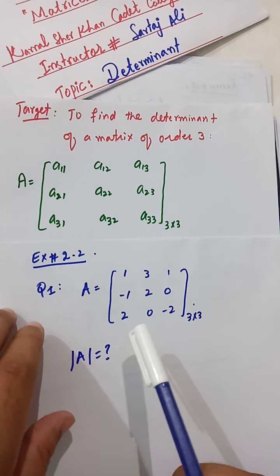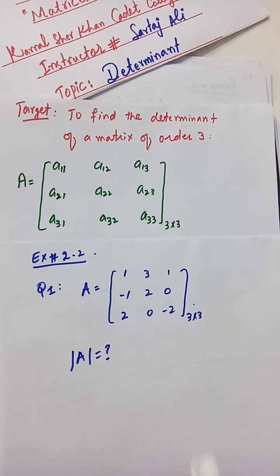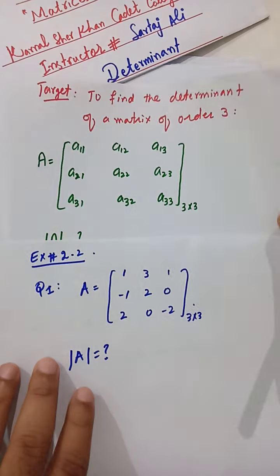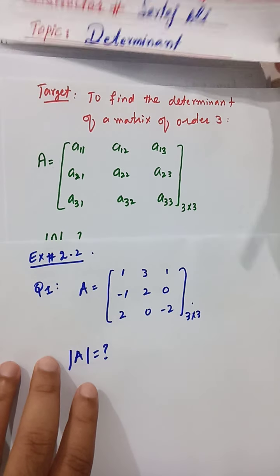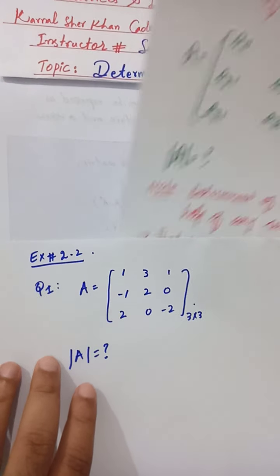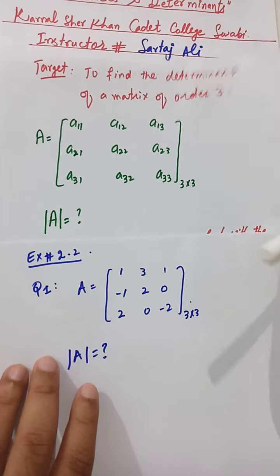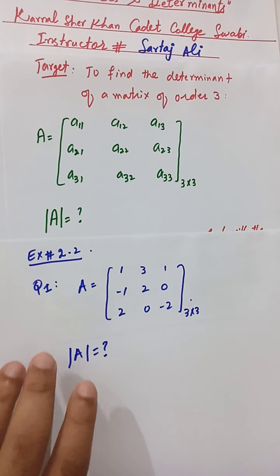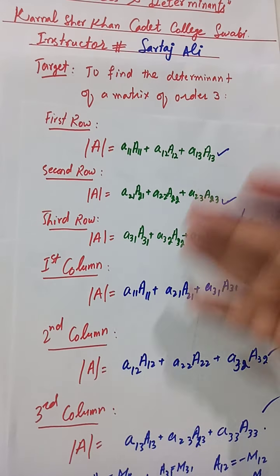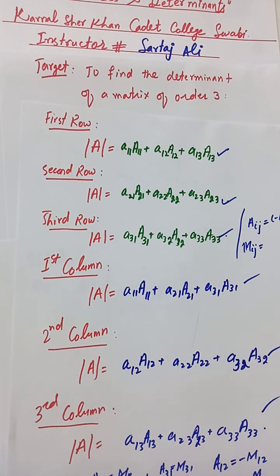So there are 6 possible ways to find out the determinant of this matrix. You can find it with the help of any row and with the help of any column. There are 3 rows and 3 columns, so that's why there are 6 possible ways. Now the question arises that in these six options, which one should I consider, which one is better for me to